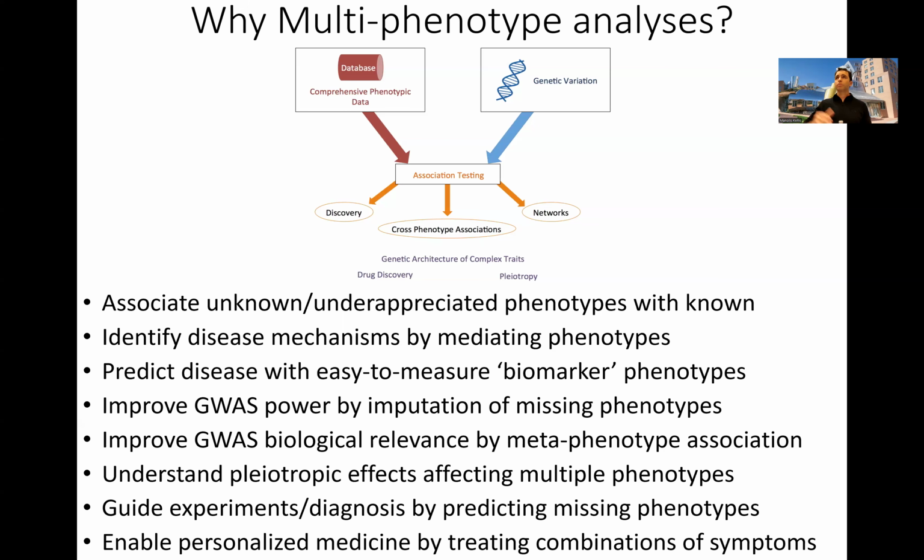Because they're sharing 50% of their variants with their relative, for example, their parent or their sibling or someone who has Alzheimer's. Everybody with me here? Awesome. So you can improve GWAS biological relevance by understanding perhaps not a single measurement, but instead a combination of